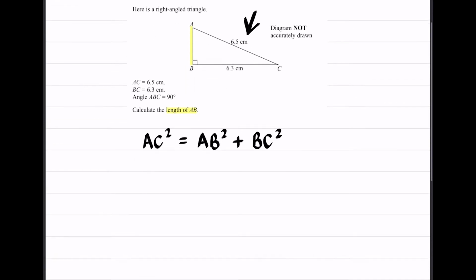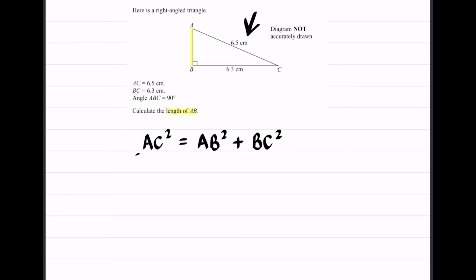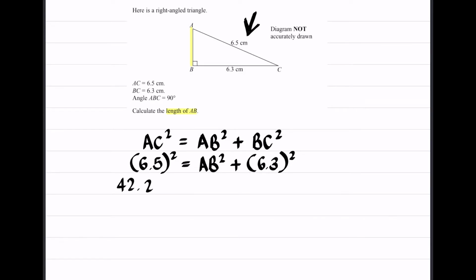So now I'm going to substitute in. In place of the AC, I'm going to put AC's value, which is 6.5. Carry down your squared. Equal to AB is what I'm looking for. So I'm going to carry down AB squared plus BC, and BC is 6.3. Carry down my squared. So 6.5 squared gives me 42.25 equal to AB squared plus 6.3 squared, which is